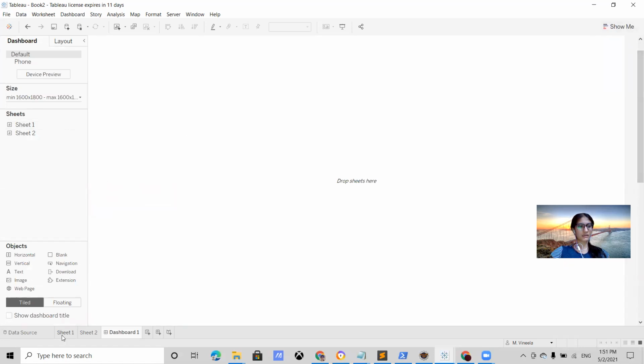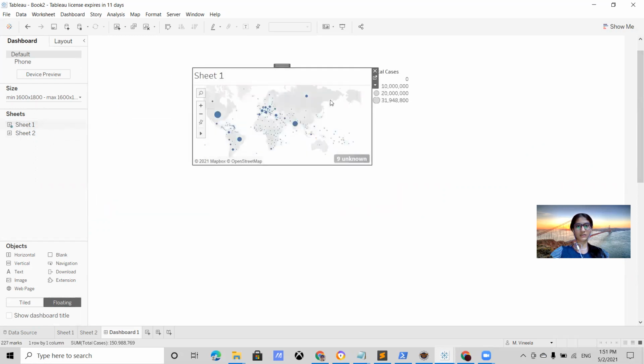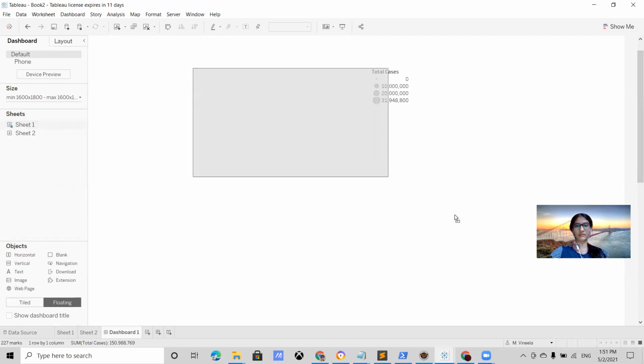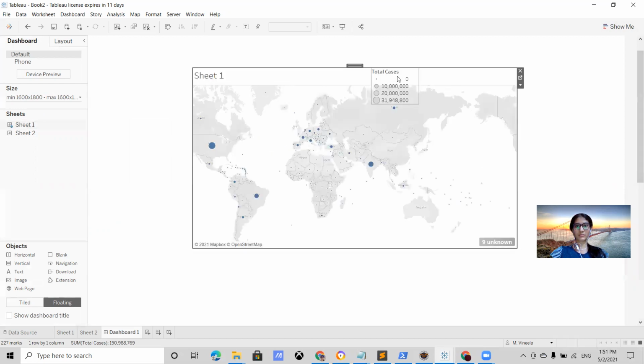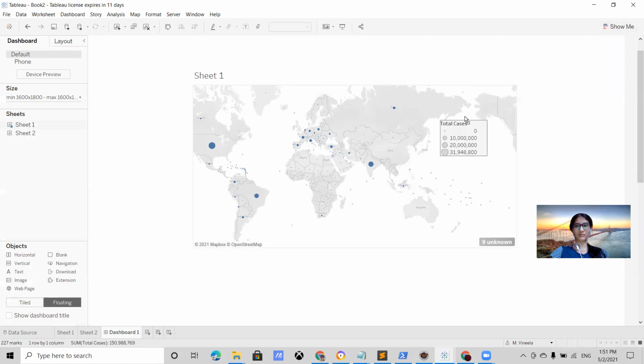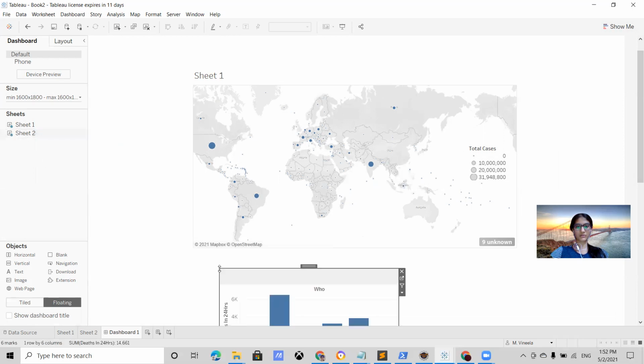Now we can drag and put it in floating. And now we can drag our sheets in order to do our dashboard. So this is a demo. So in this way, we have created our dashboard.